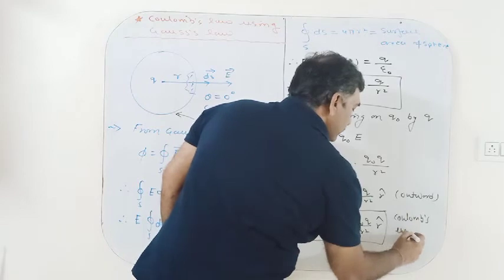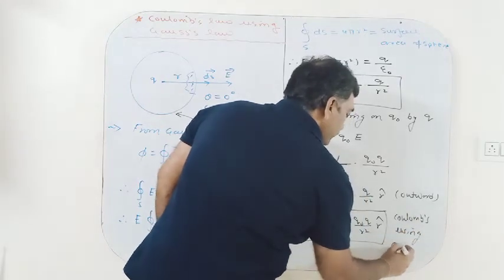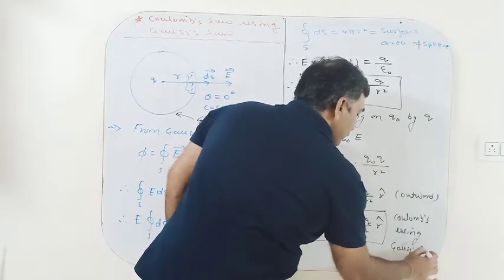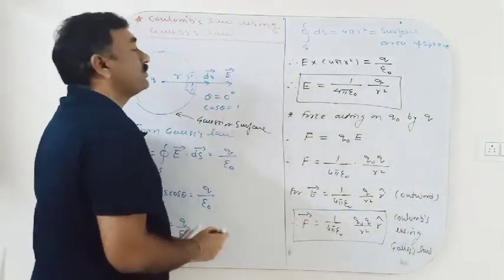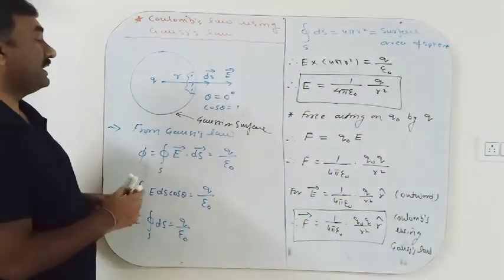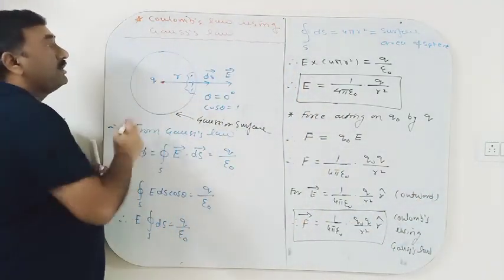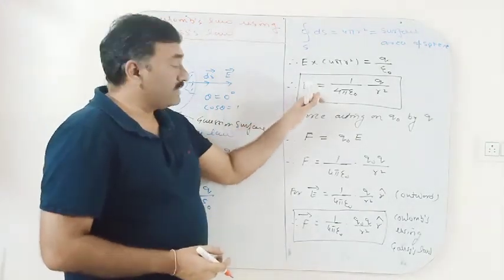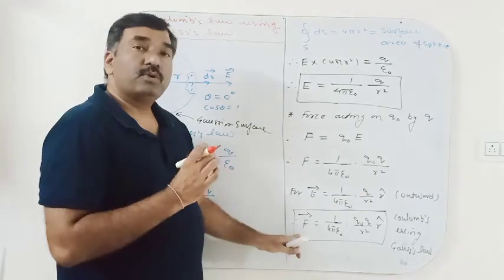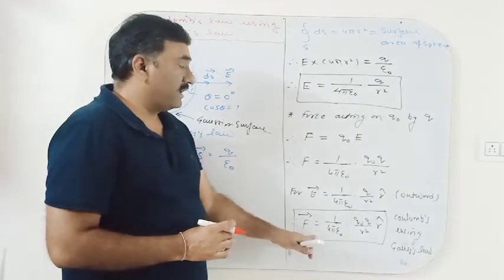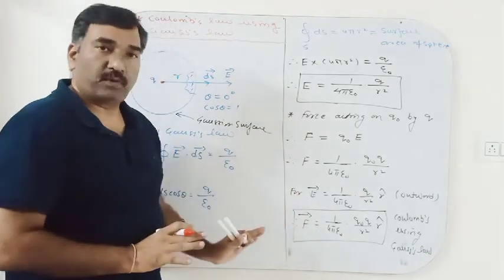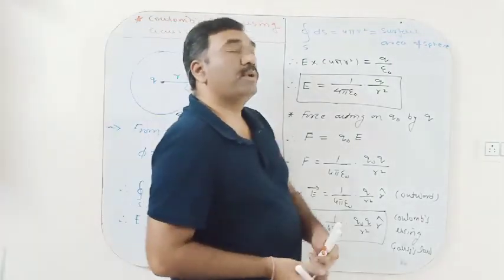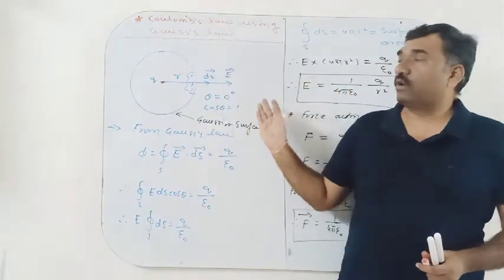So this is Coulomb's law using Gauss law. Simple. By the help of Gauss law we can easily obtain the electric field, as well as Coulomb's law in its scalar as well as its vector form. So in the next topic we are going to learn the application of Gauss law to obtain the electric field due to